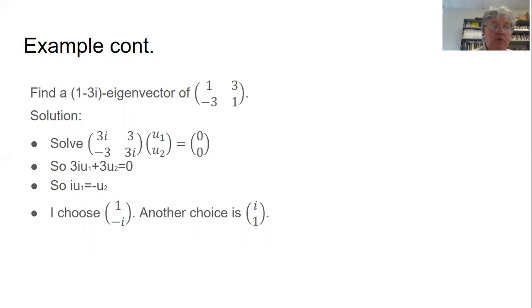And so I let u1 be 1, and that means u2 is minus i. Whereas if I had chosen u2 to be 1, u1 would be minus 1 divided by i, which is just i. There are my eigenvectors. Okay,